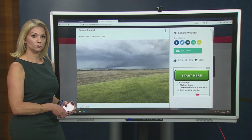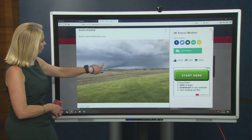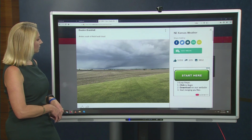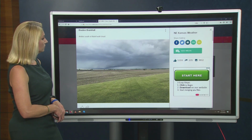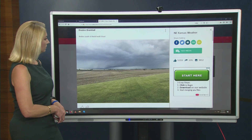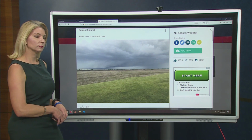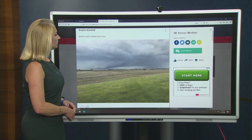You can see, it's a little bit lower on the cloud base there, and that's kind of the feature you would be looking for. Yeah, there on the left part of your screen. So notice how it's a little bit lower compared to the right. So that's kind of the feature that we'd be looking for, and that's where you get the funnel cloud to develop out of, and that's pretty far away, so you wouldn't be able to see that. But that's where we did have that report from a storm spotter at 6:49 reporting a brief funnel with that